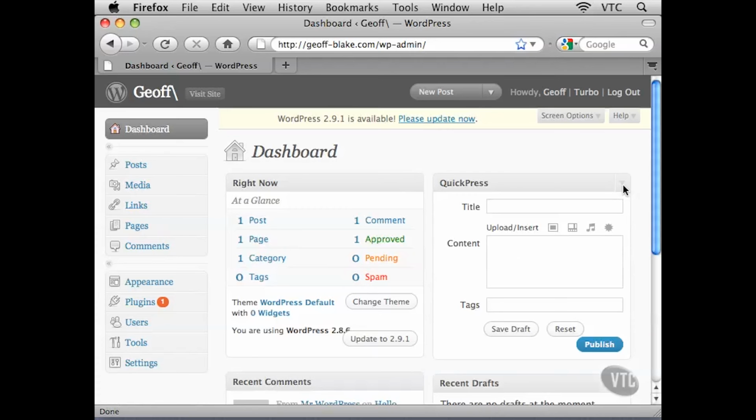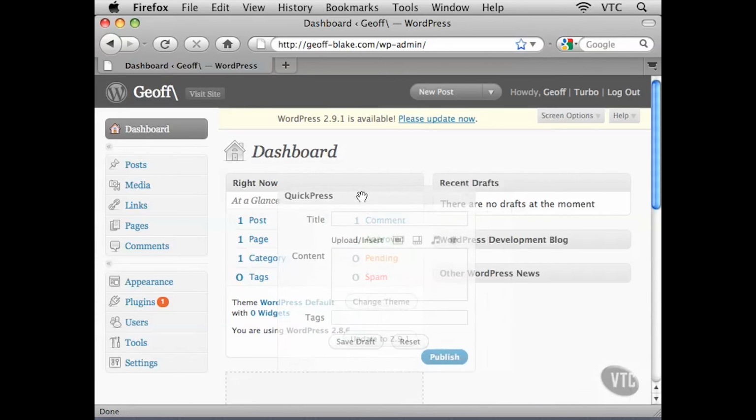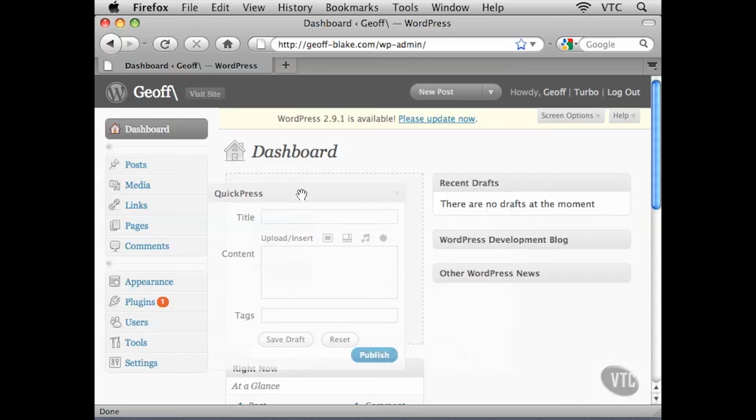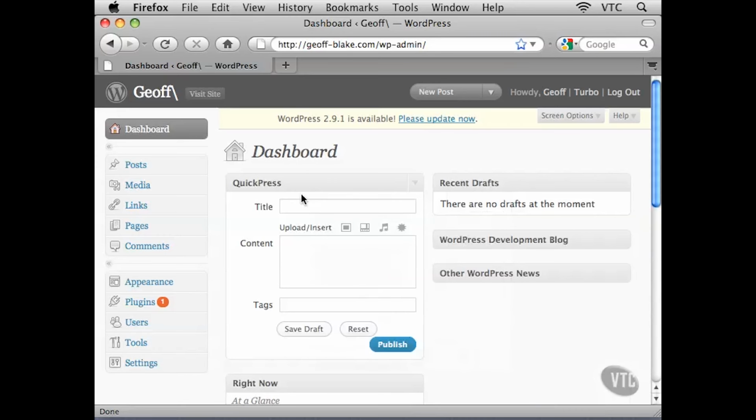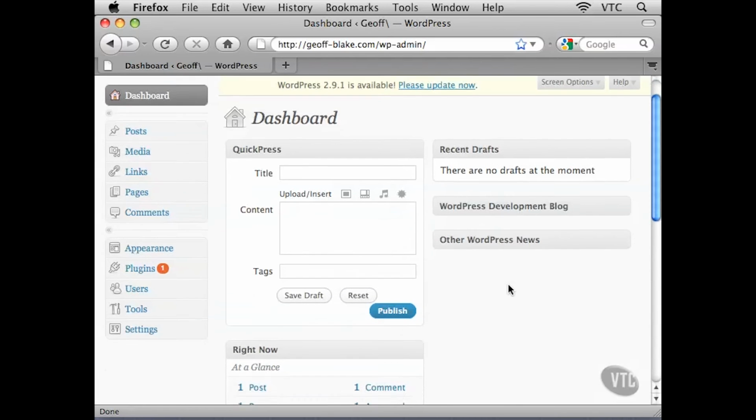What I could do, for example, is maybe this Quick Press module, maybe I don't want to have it sitting on the top right of my dashboard. Maybe I want to have it sitting over on the top left of the dashboard interface. Well, what I'll do is I'll take this Quick Press title bar here, I'll click on it and drag. Now notice this dotted frame shows up as soon as I drag it over to the left. And when I see that dotted frame, if I let go of my mouse, that essentially reorganizes my modules,